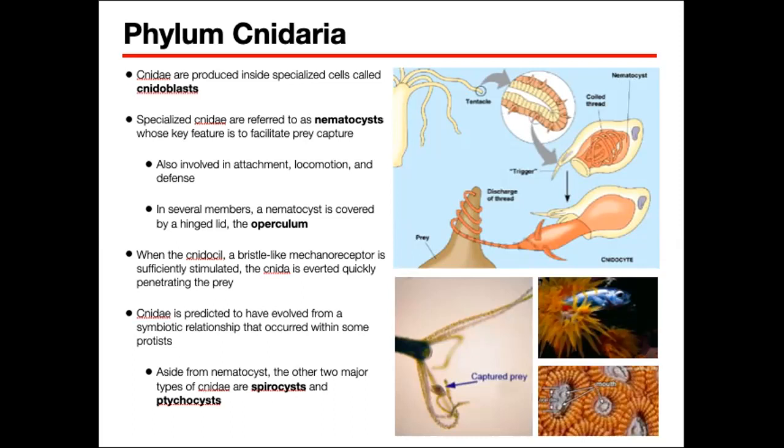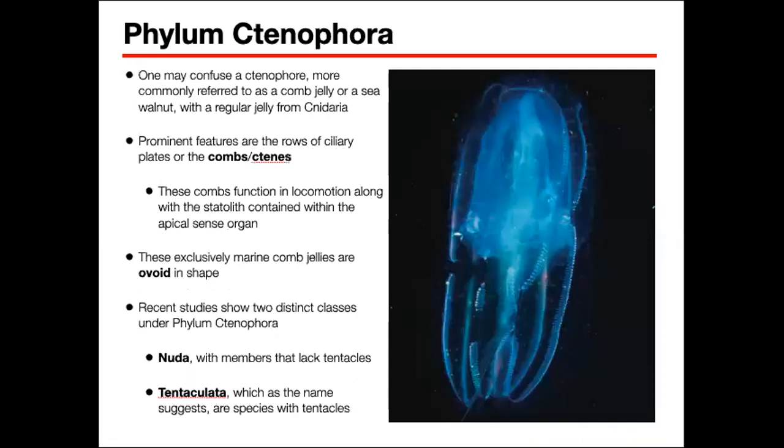So that's for Cnidaria. So just try to remember their distinguishing features. Okay? Ctenophores naman, they may be often confused with regular jellyfish from Cnidaria, no? Morphologically, they're very much alike, pero I think yung prominent feature nito that will stand out when observing any ctenophore would be these rows of ciliary plates as depicted in this figure right here, no? Yung ciliary plates na to.